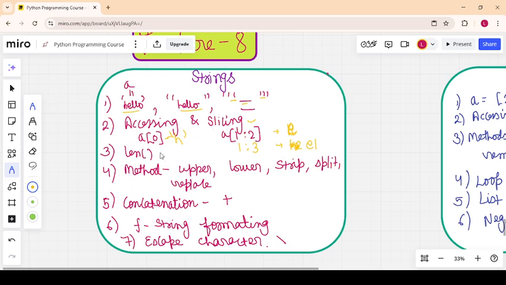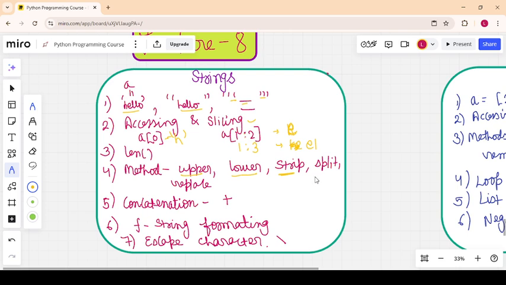We can find out the length of the string using the len function. And there are a number of methods we can apply over strings. For example, if I want a string in uppercase, we can use the upper method. If I want a lowercase string, you can use the lower method. If you want to remove the white spaces from a string, you can use the strip method.